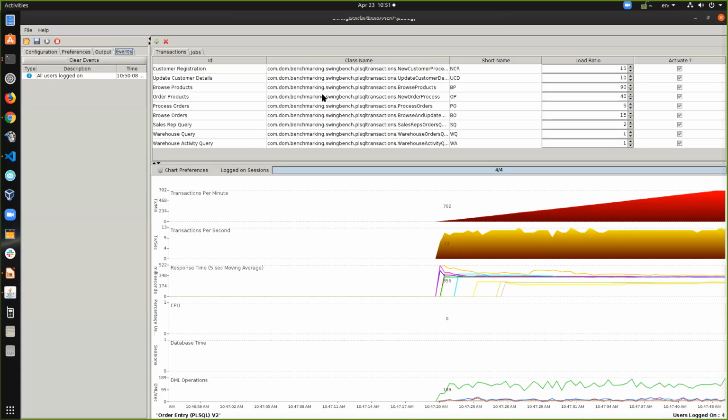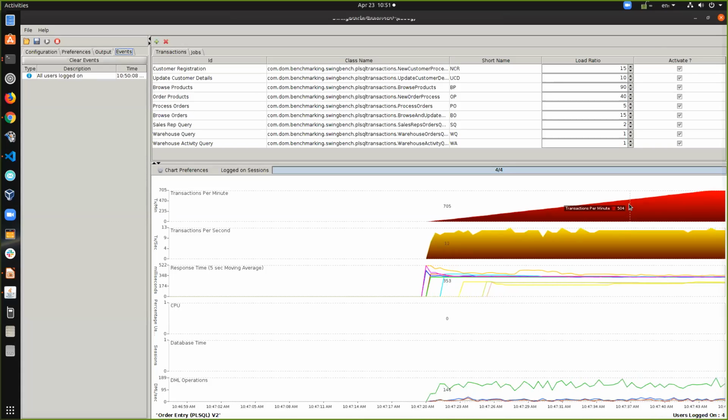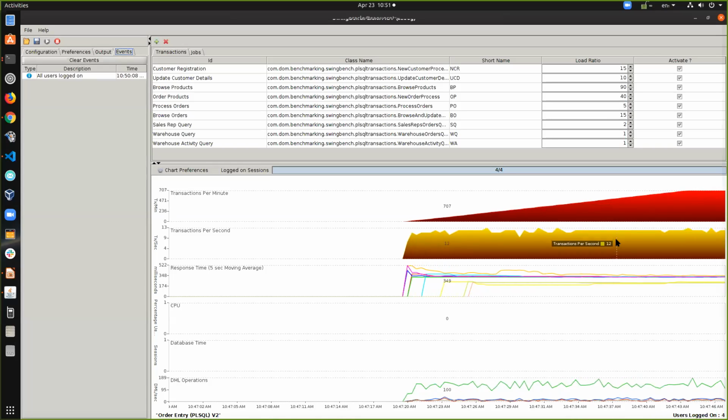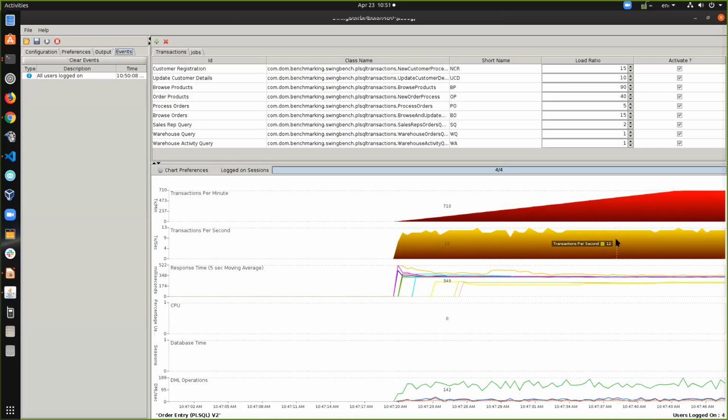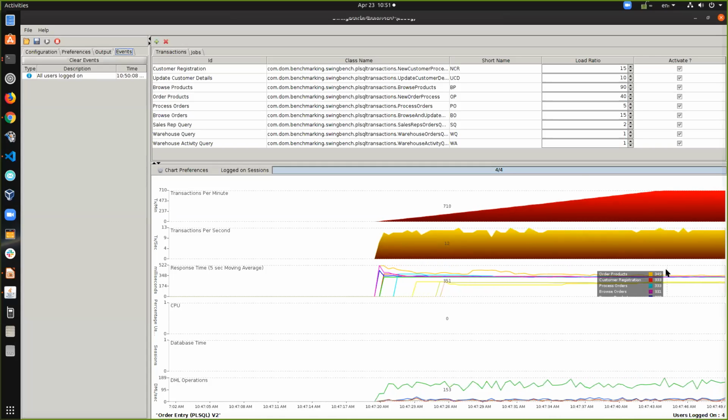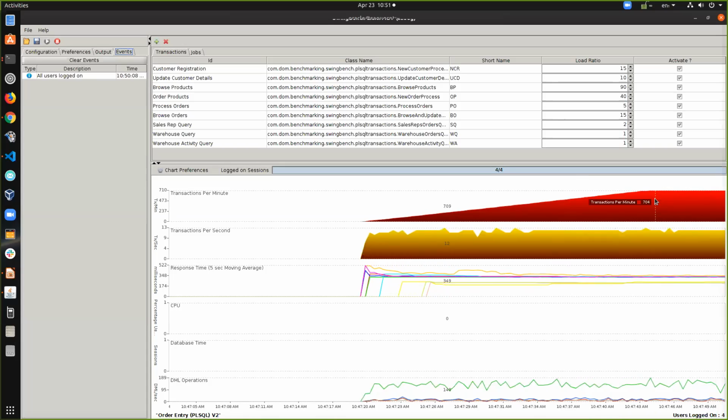We can see the column at the top is our aggregated transactions per minute, this in red. The orange is a little bit more granular, transactions per second, and then the response time, which is your 5-second moving average. Okay, so while this ramps up,